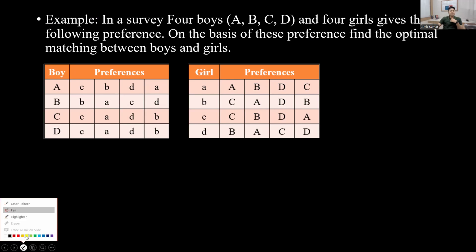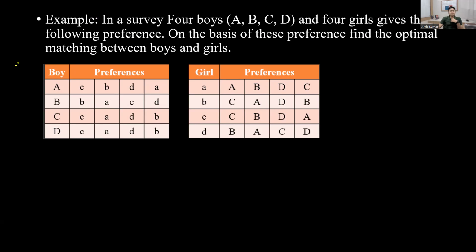The first step, so we can consider this as step number one. Step number one is what? Boy A. The first preference for boy A is option small c. So A proposes to c, and if we come to c, till now you can say there is no offer available with c. So A is the first one who gives the proposal to c. So this proposal is accepted. I am using a circle notation for a proposal to be accepted,